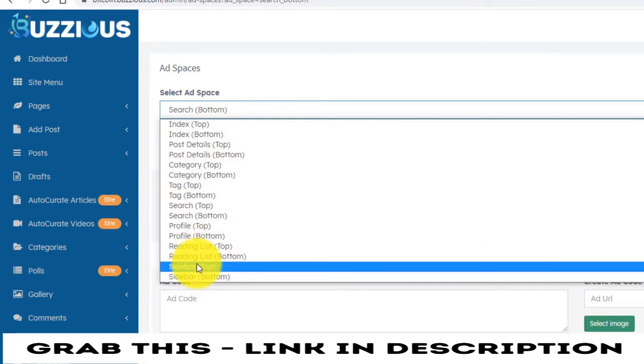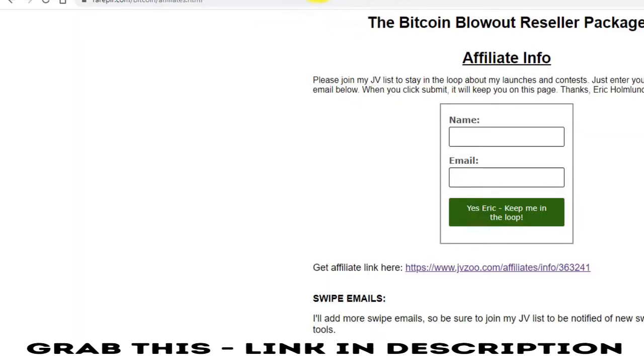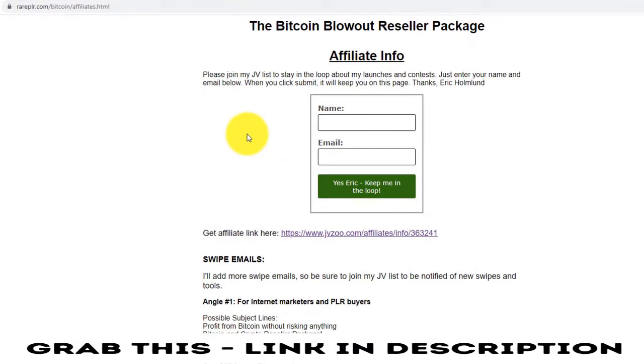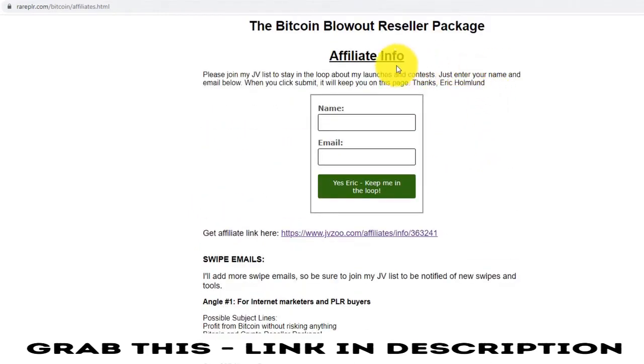Now the sidebar is a nice place to put it because the sidebar appears basically throughout your entire site. So if you want to have one ad that shows up on the sidebar of your entire site, this would be the place to put it. All right, so I happen to have a Bitcoin related product. It's called the Bitcoin Blowout Reseller Package. If you're an affiliate, you could promote this on JVZoo. So this is my affiliate page,